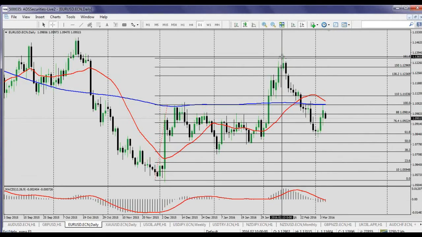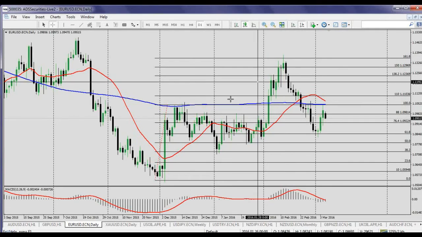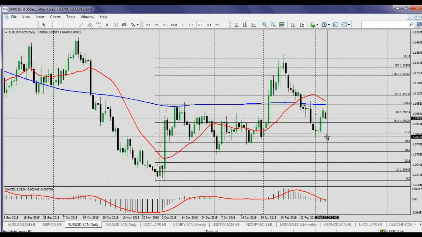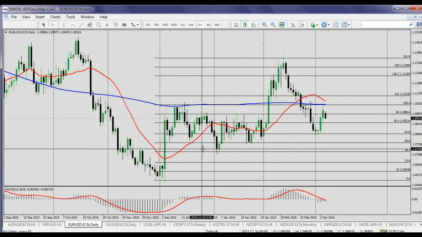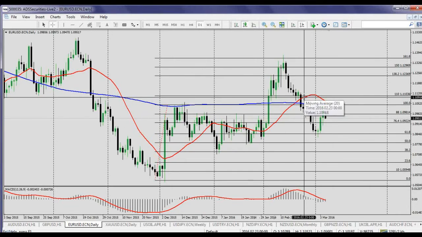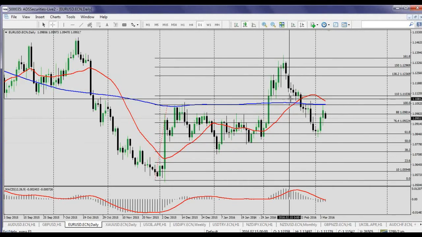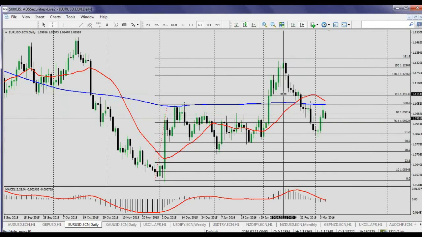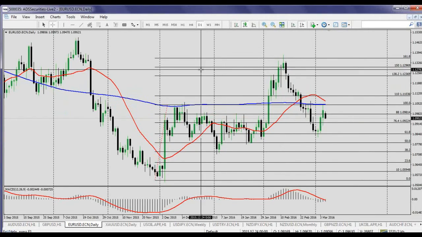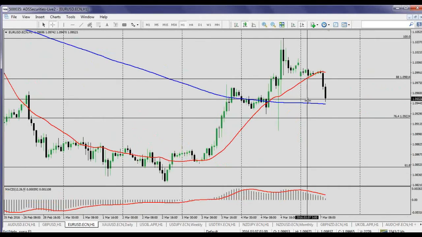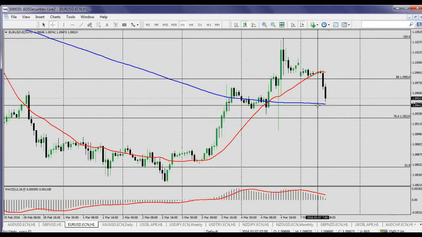So far we have a higher high compared to the previous highs. We have a higher low compared to the previous lows over here. But the price action is still below the moving averages. So on daily time frame, we are kind of mixed, and we can't really pick a trend at this given moment. On hourly time frame, we can see that the immediate support could be seen at